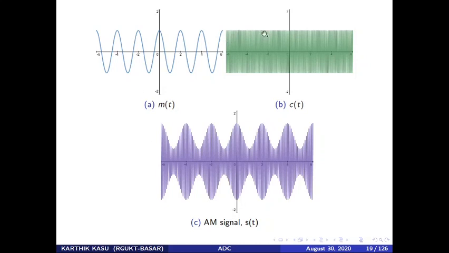So before modulation, the carrier has constant amplitude. Now after modulation, it has time-varying amplitude, which varies according to the message signal. You can clearly observe here. So the amplitude of this carrier is varied according to this message signal. Is it okay, all of you? So the amplitude of this signal is varied according to what? This message signal. It is something like this. Same thing is happening here.